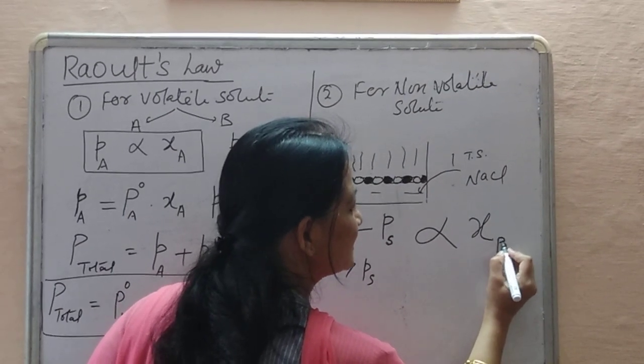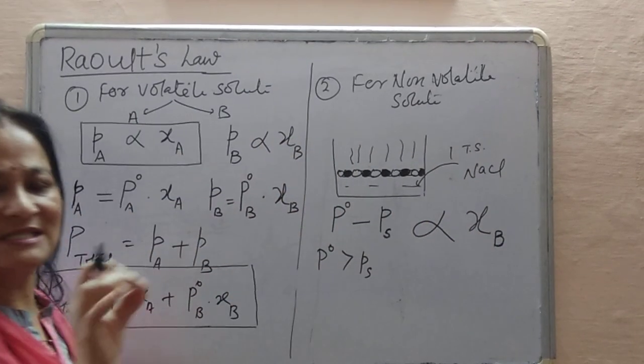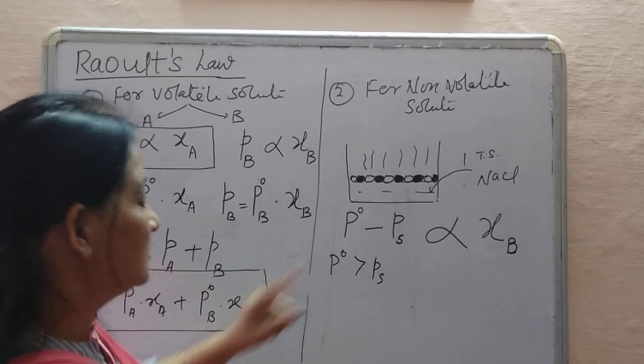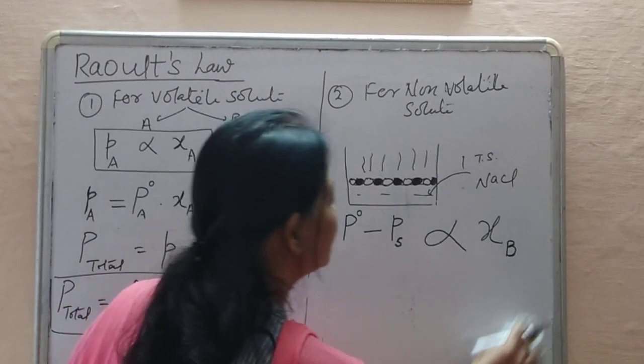So this B, yesterday I told you that B is the symbol for solute, A for solvent. So lowering in vapor pressure,